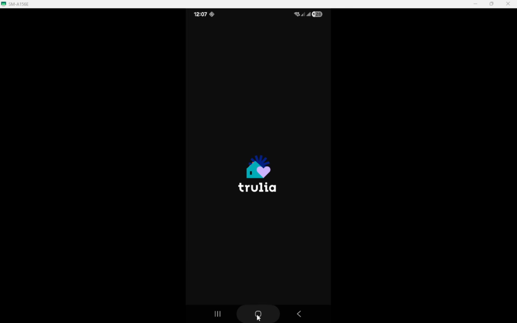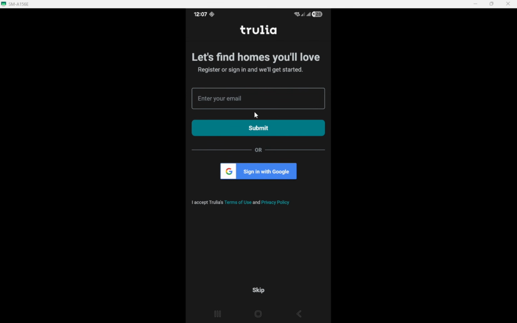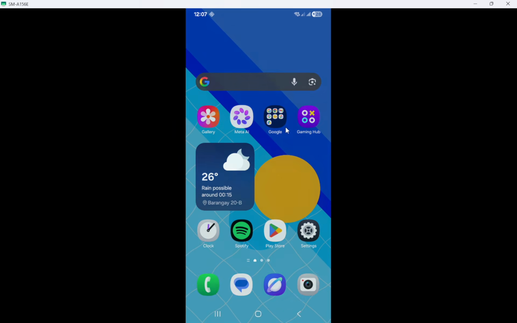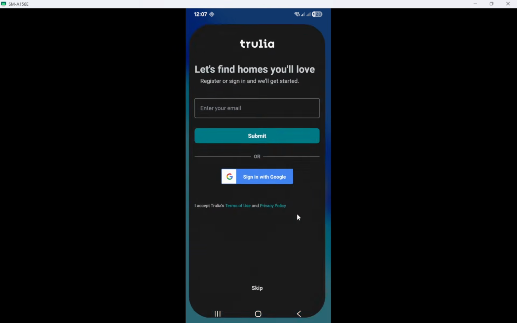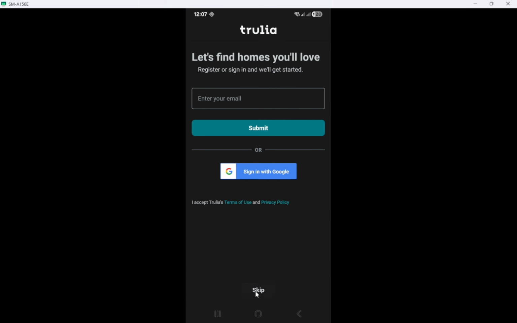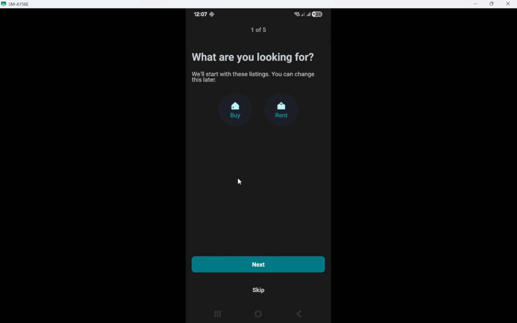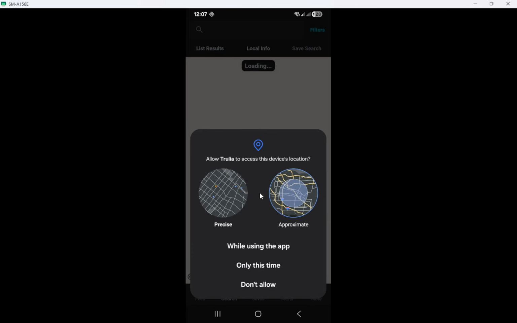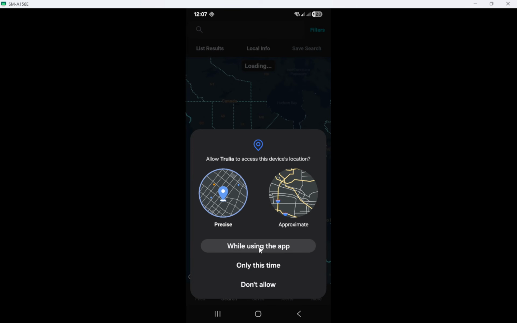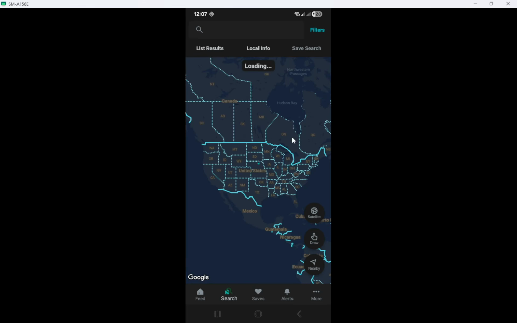Once you're in the app, you can search homes for sale and rent using location, price, bedrooms, and other filters to quickly narrow down options. Trulia shines when it comes to neighborhood information and local reviews. So take a moment to explore the area insights to understand the vibe of each community. Browse high-quality photos, check out virtual tours when available, and use the interactive maps to see exactly where each property sits. If you find places you like, save the listings to keep them organized and turn on alerts so you'll be notified when new properties that match your preferences hit the market.